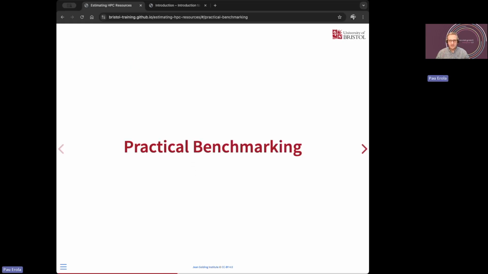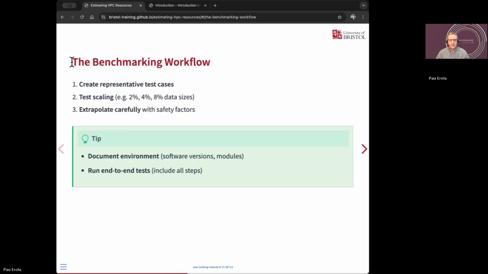So let's see a bit of how we can implement some small benchmarks. We're going to see here how to run some very simple benchmarks of our programs. I just want to acknowledge that the setup that I'm presenting here is a very basic way to run benchmarks. Depending on the programs that you're running or the system that you're using, you may have some profiling